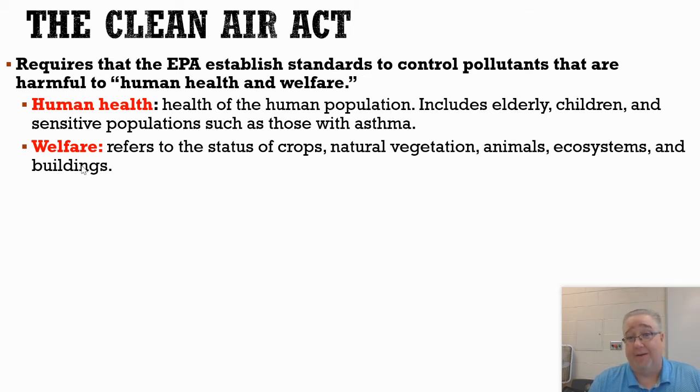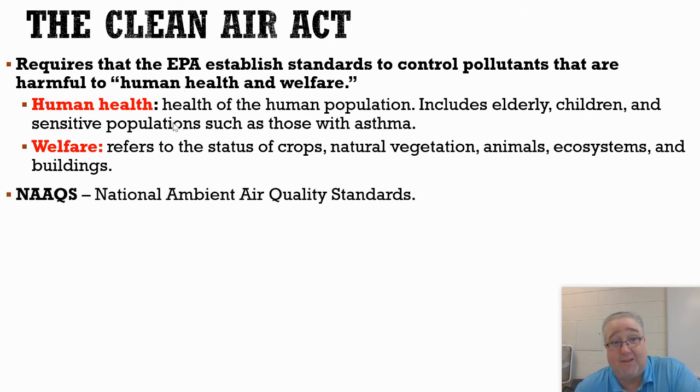Now, our welfare is like, for example, crops, things that we grow. If our air quality is so bad that it affects our crops and our soil, then that's affecting our welfare. Animals, ecosystems, anything that can be affected by air quality, even infrastructure like buildings, the EPA via the Clean Air Act can investigate it and try to